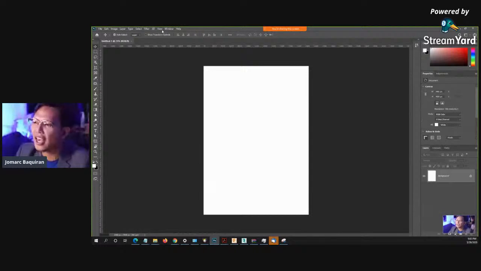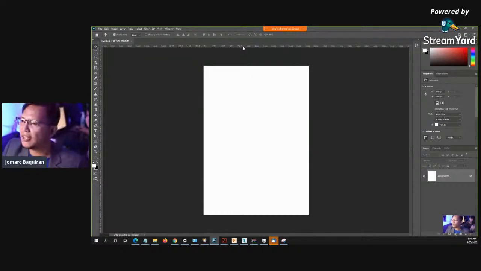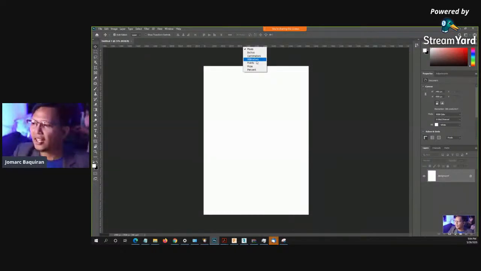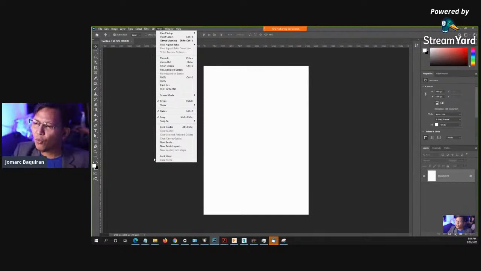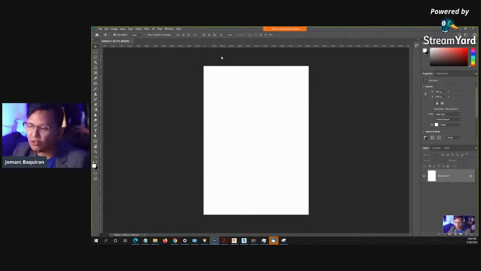From F, I'm in full screen mode. You're probably curious how to remove this ruler on the side. It also serves as a guide. If you would like to have future edits, I'm in pixels right now. If you hover over this ruler, just to add, you can right click and select millimeters or percent. Later we'll be dealing with that more. So if you want to remove rulers, if you'd like to present your final